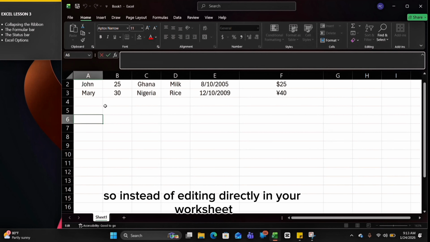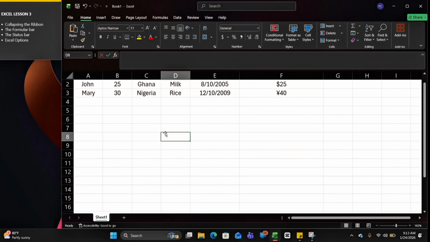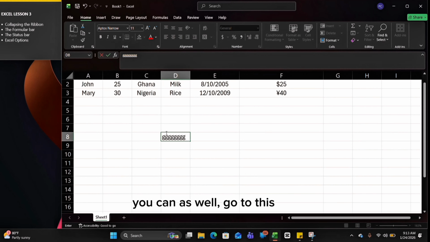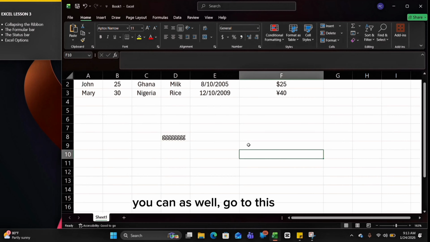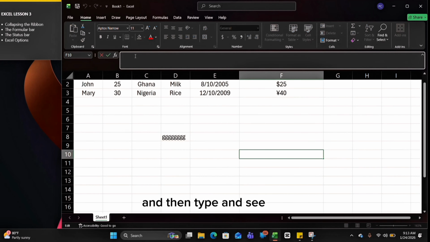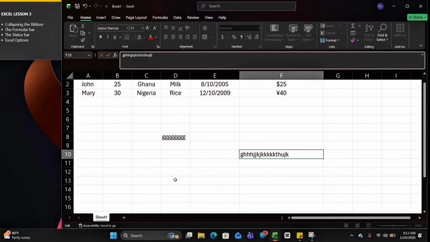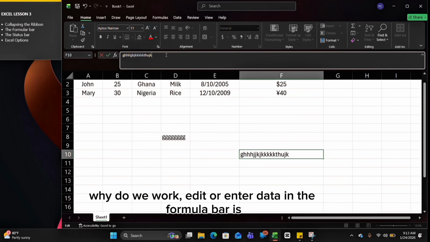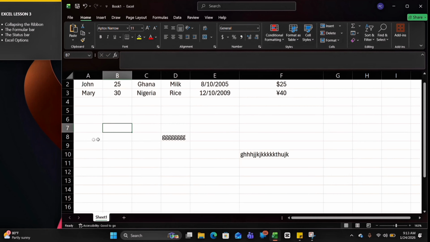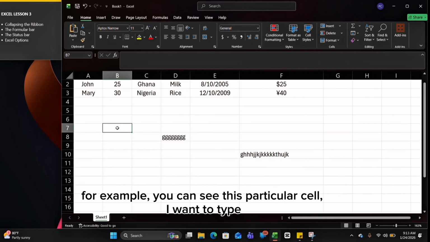Instead of editing directly in your worksheet, instead of typing like this, you can as well go to this section and then type. You can see, I'm literally typing here, and you can see it is displaying here. Why we edit or enter our data in the formula bar is, for example, you can see this particular cell. I want to type